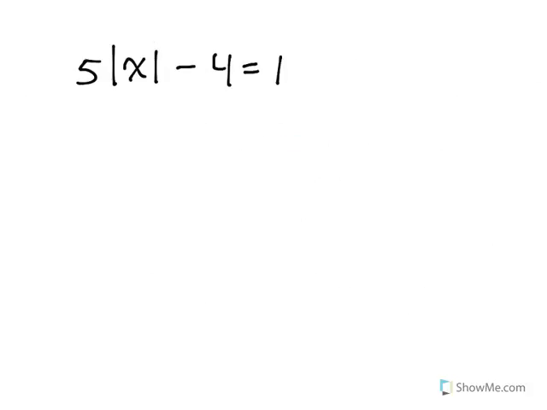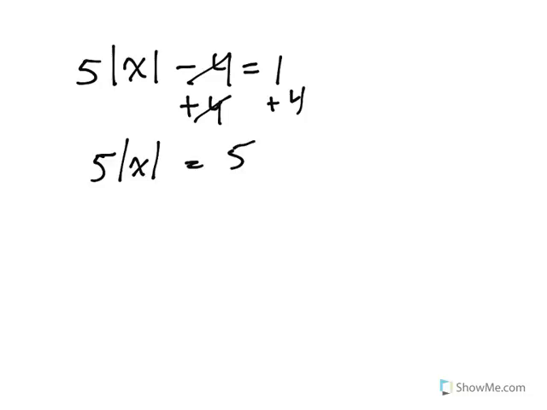For example, 5 times the absolute value of x minus 4 equals 1. We solve it in the same way as if there were no absolute value sign at all. So first we're going to add 4 to both sides of the equal sign, and we have 5 times the absolute value of x equals 5. Then we're going to divide both sides by 5, and we get the absolute value of x